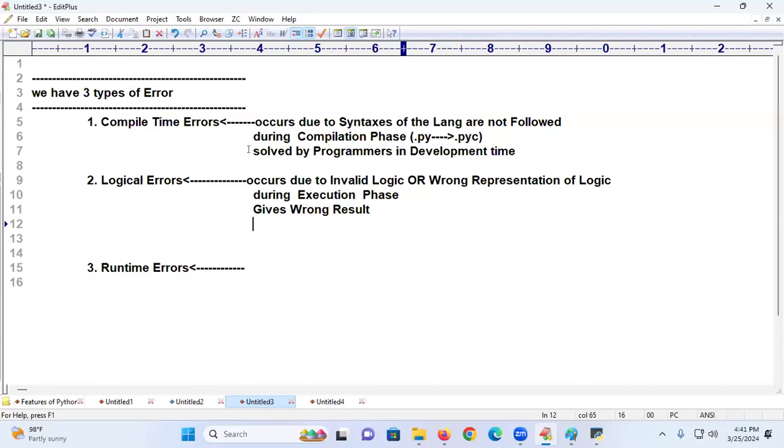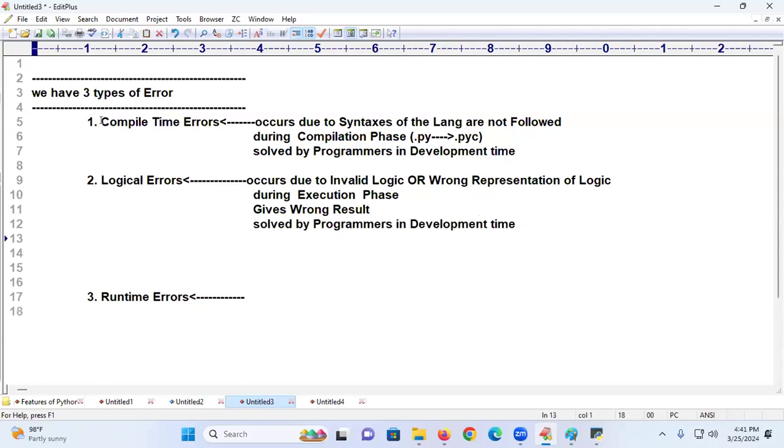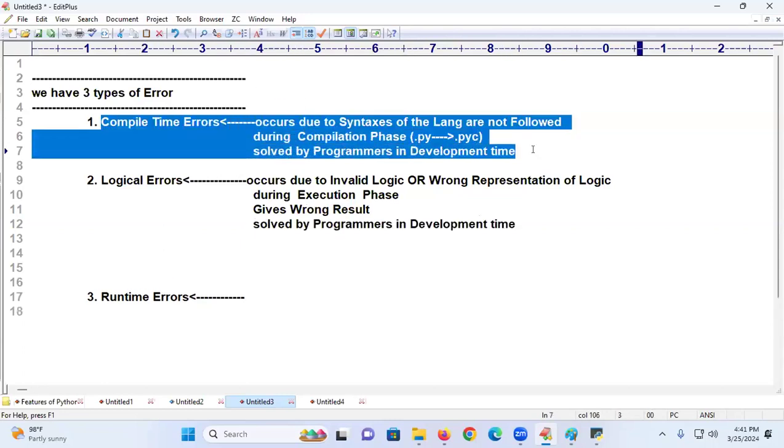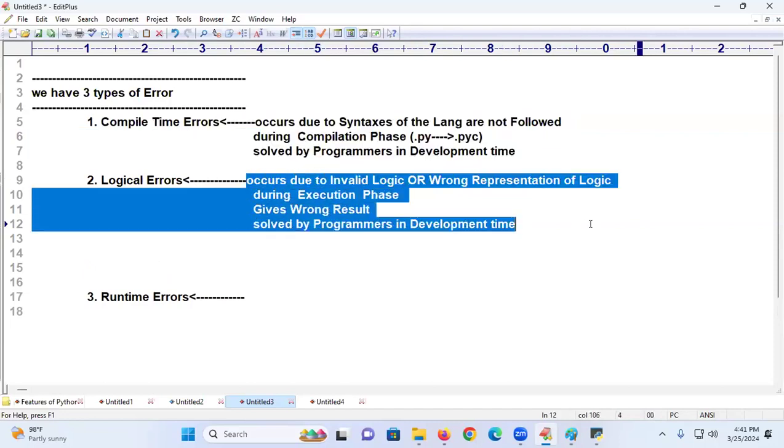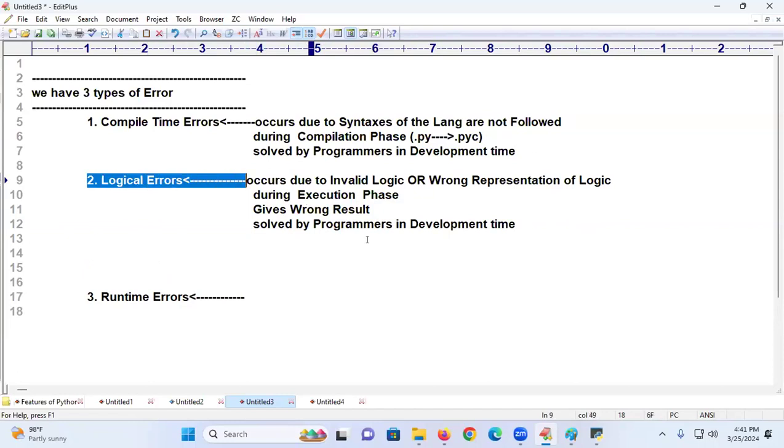That type of errors is solved by the programmers at which time? Development time. That means once you did wrong in compilation, syntaxes, your code is invalid. Once your logic is wrong, your code is also invalid. Even when AI comes, definitely logic development is also required. You may say, sir, ChatGPT is there. ChatGPT, whatever it is giving,